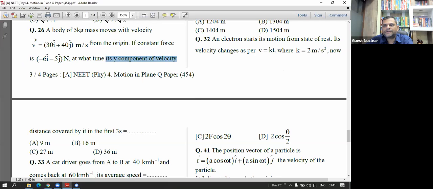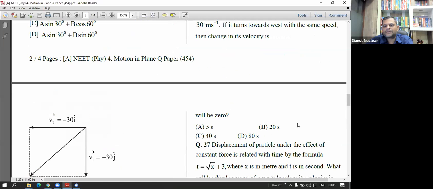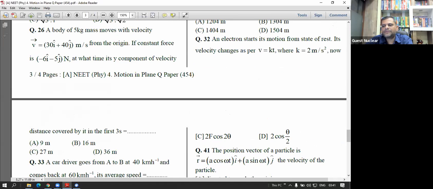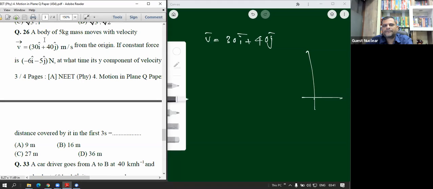तो देखो यहाँ पे at what time its y component of velocity will be 0? Okay, so we want to find out the time at which the y component of velocity will be 0। चलो ठीक है, so how can we find it out? See here, velocity is given here, initial velocity ये दिया हुआ है हमको, और वो origin से start करता है, ये भी दिया हुआ है, और उसका मास भी दिया हुआ है, और फोर्स भी दिया हुआ है उसके ऊपर काम करने वाला। And we want to find out the time at which its y component of velocity will become 0।